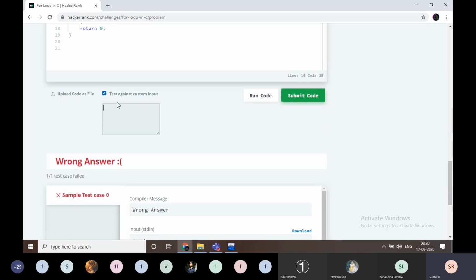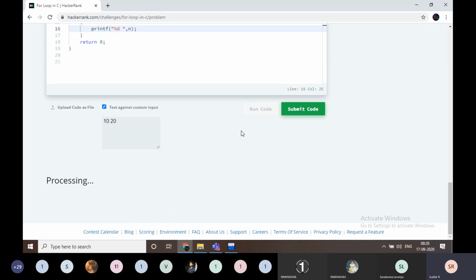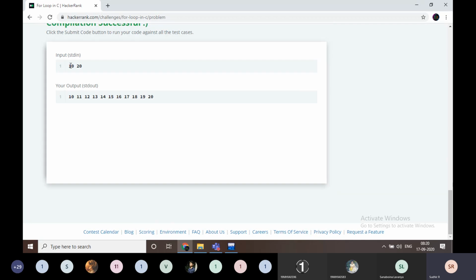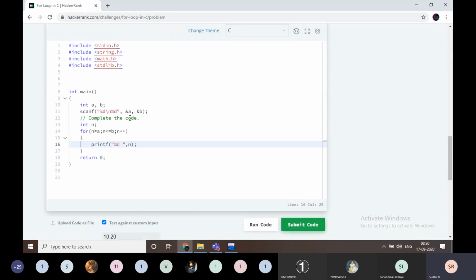For example, I am going to give some custom input here, 10 and 20. I am going to run the code. Just look at here. If it is 10 and 20, the output is 10, 11, 12 up to 20. Like this. Yes. Now,